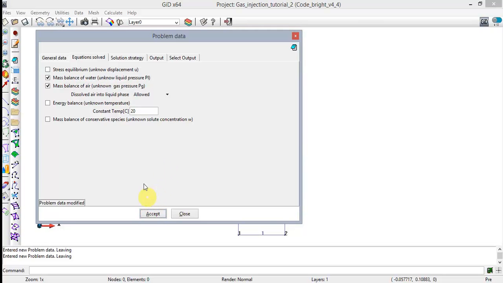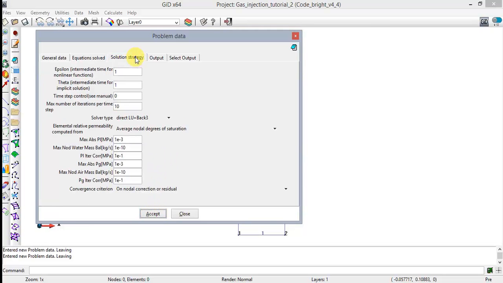Now select the solution strategy tab and enter 1 for the epsilon and theta boxes, 7 for the time step control box, 10 for the max number of iterations per time step. Now choose direct LU back 3 from the solver type drop down menu. Leave by default average nodal degrees of saturation in elemental relative permeability